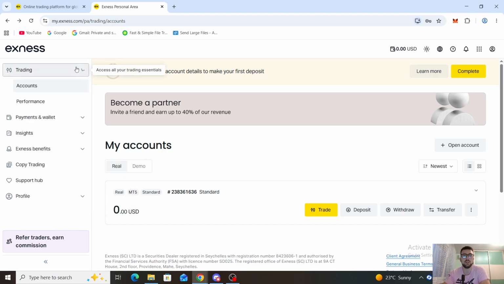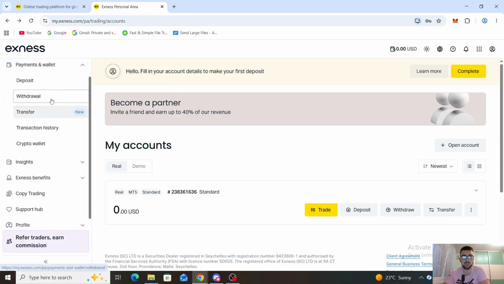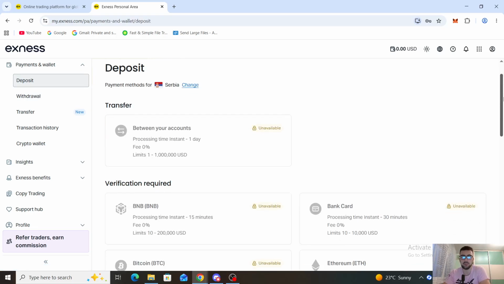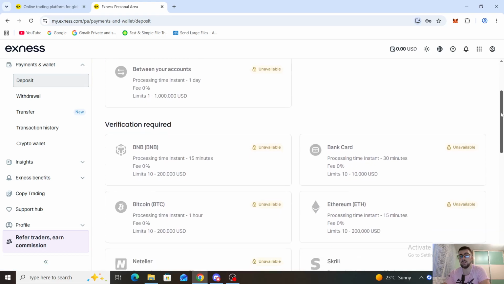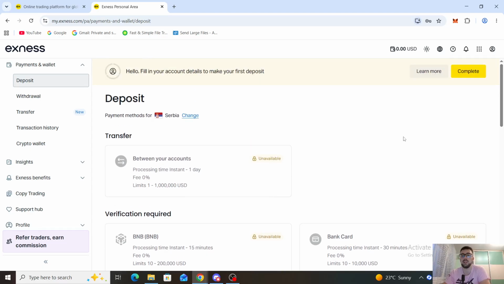So once you're done seeing all of that, if you have a card that's already linked to it, you can see stuff within your accounts. You can see your performance, you can see your payments and wallet, as I mentioned before. So you can use some deposit or withdrawal methods that can be added through there. So if you're using your deposit, you can see between your accounts, you can see your BNB and your bank card. So once it becomes available and it has been used either for withdrawal or deposit, if it's active, it can be manually removed. You have to wait for it to expire and then you can remove it through there